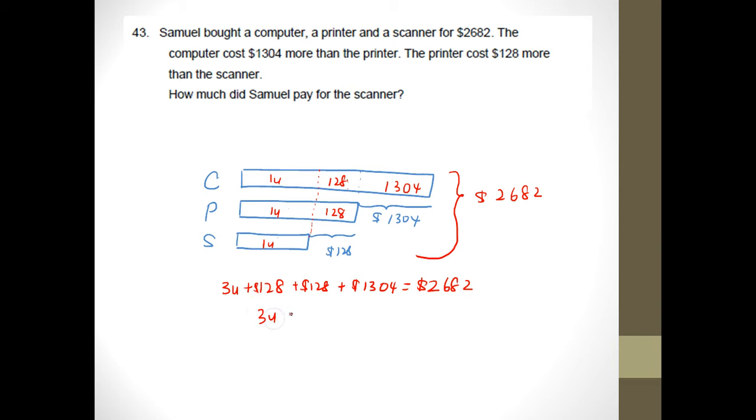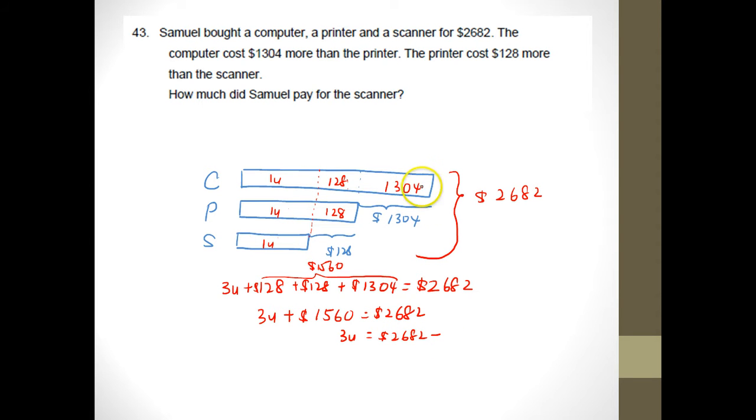So your 3 units plus 1,560, when I add this up, is 1,560, equals 2,682. Therefore my 3 units is